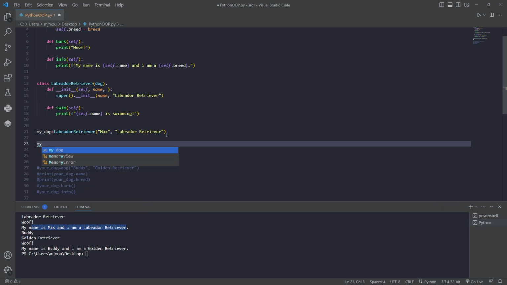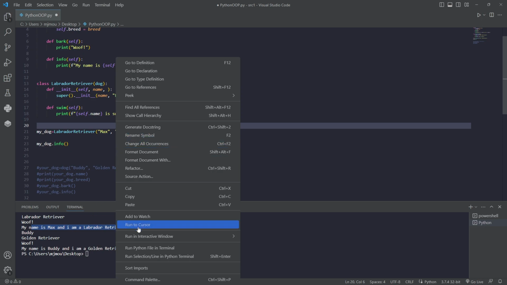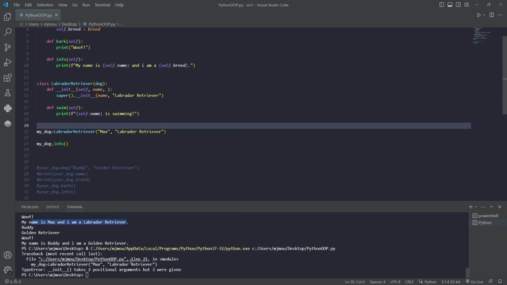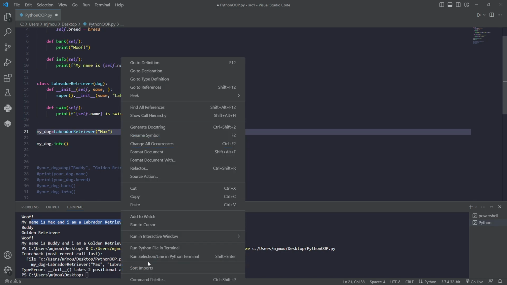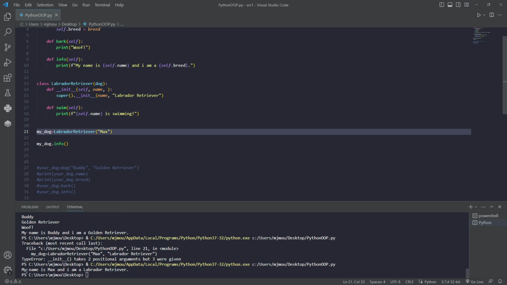And I'm just going to see if this works. I'm going to do my dog dot info. I'm going to prove to you that I can access all this information. And I'm going to run. Two positional arguments, three were given. Is it because of name? I had this. How did I fix this? One second. Right, we don't need Labrador Retriever anymore because Labrador Retriever's up there. So we just need Max. There we go. So my name is Max and I am a Labrador Retriever, and I've probably spelled Labrador wrong,